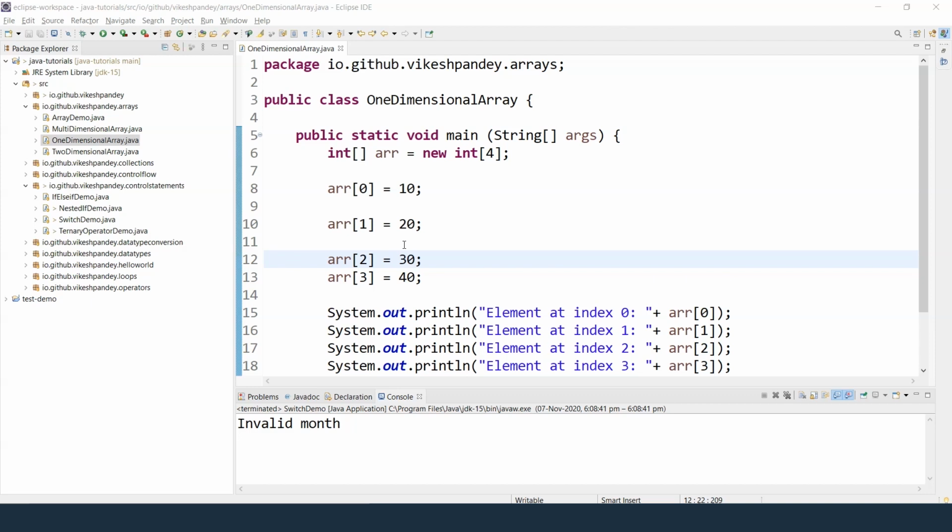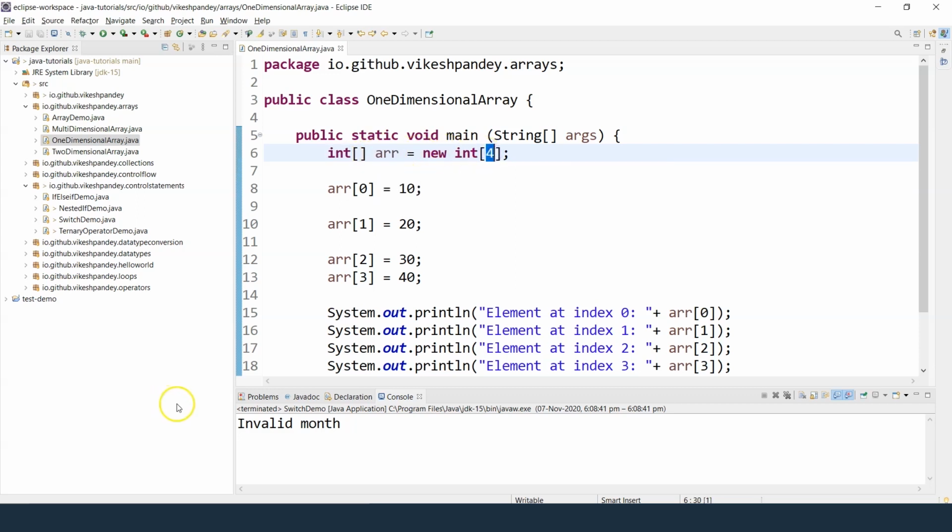So I will just give you a quick walkthrough of how we actually handled one-dimensional arrays. So this is a sample program to demonstrate one-dimensional arrays. If you remember, this is how we used to create arrays. We write the data type of the array, and then we write the square boxes which denote that this is an integer array data type. We assign a variable to this, and then we initialize the array with the size 4.